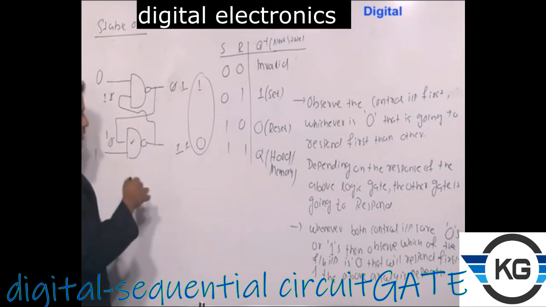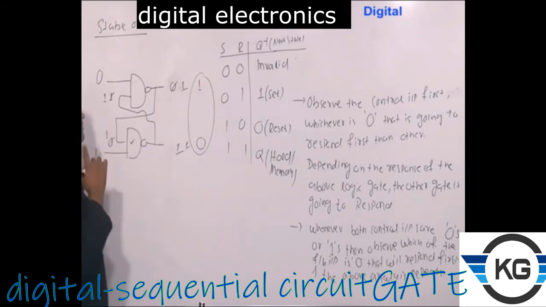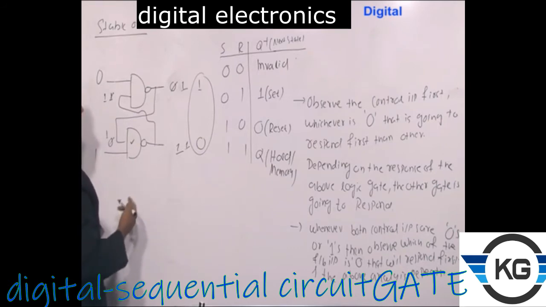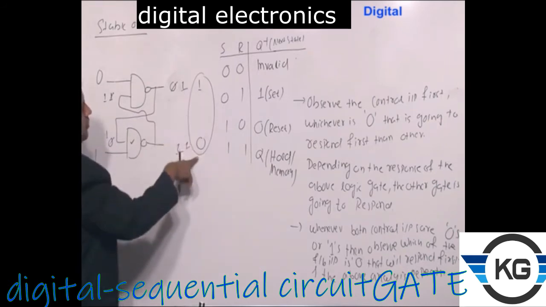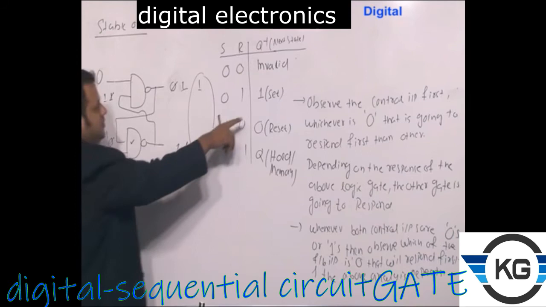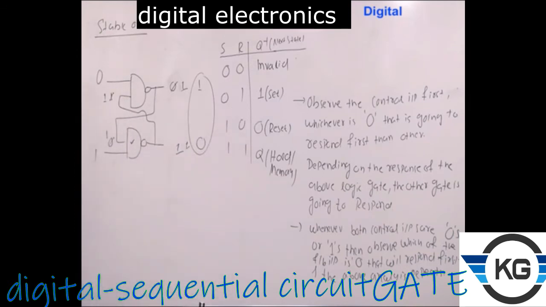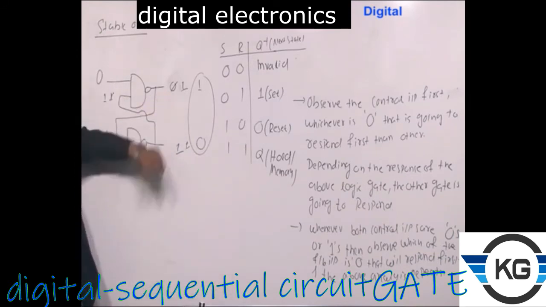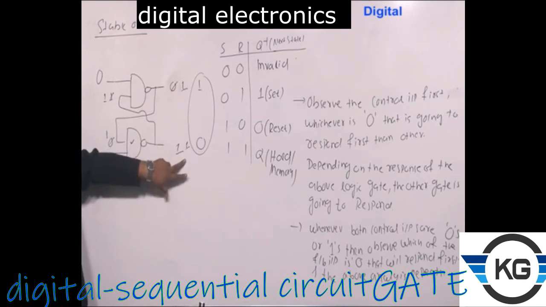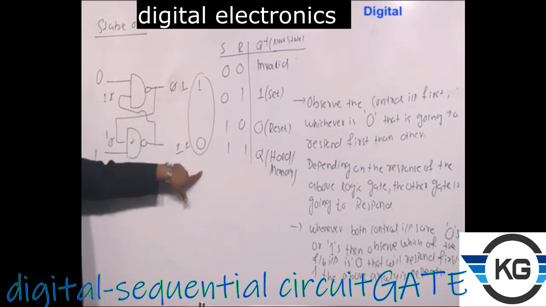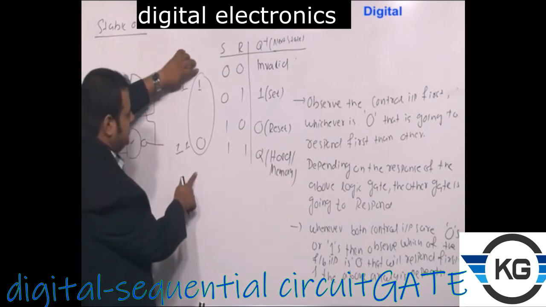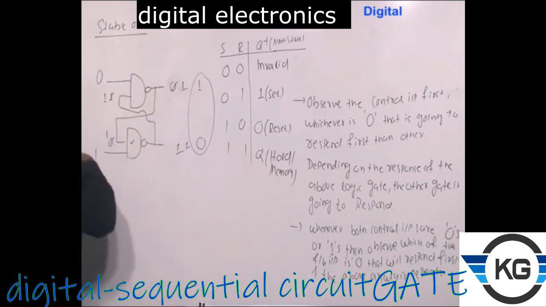But by going the wrong approach, what has happened finally? If you go the right approach, we can directly reach the conclusion that this corresponds to the set state. But if you go the wrong approach, what is happening? Now you see that in between an indeterminate stage comes, which lasts for a very small fraction of a second. Then immediately it is going to settle into this. So this is what we mean by the stable state. I hope this is clear. Let me explain it again.